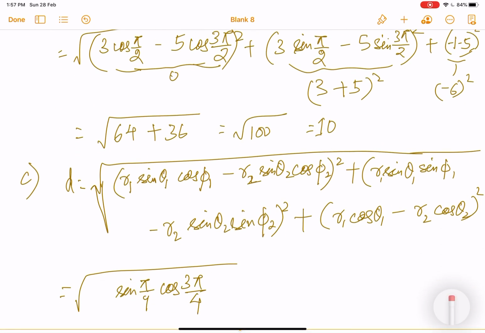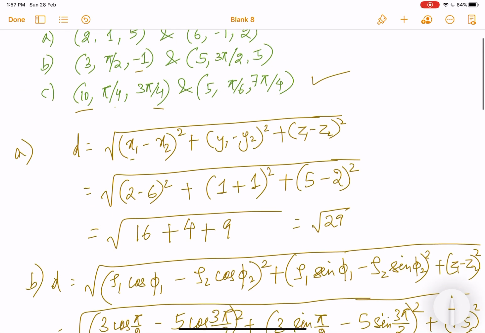This one is 10. And what about the other point? Well, it is, let's check, 5, and this is pi by 6. Pi by 6 is 30 degrees, and over here 7 pi by 4 is given. So 7 pi by 4 is basically minus 45 degrees, you can say, isn't it? 1, 3, 5, 7, yeah, you can say it is minus 45 degrees also. Okay, anyways, 5